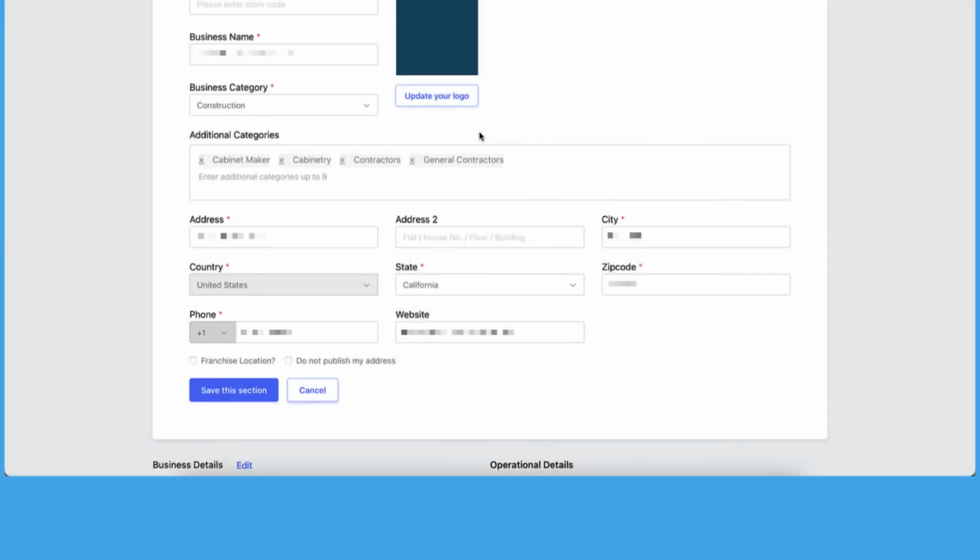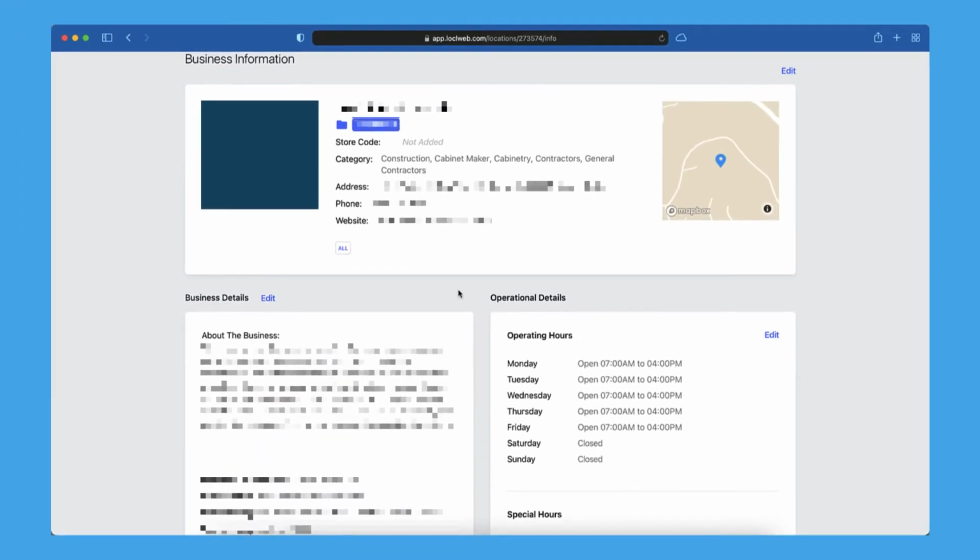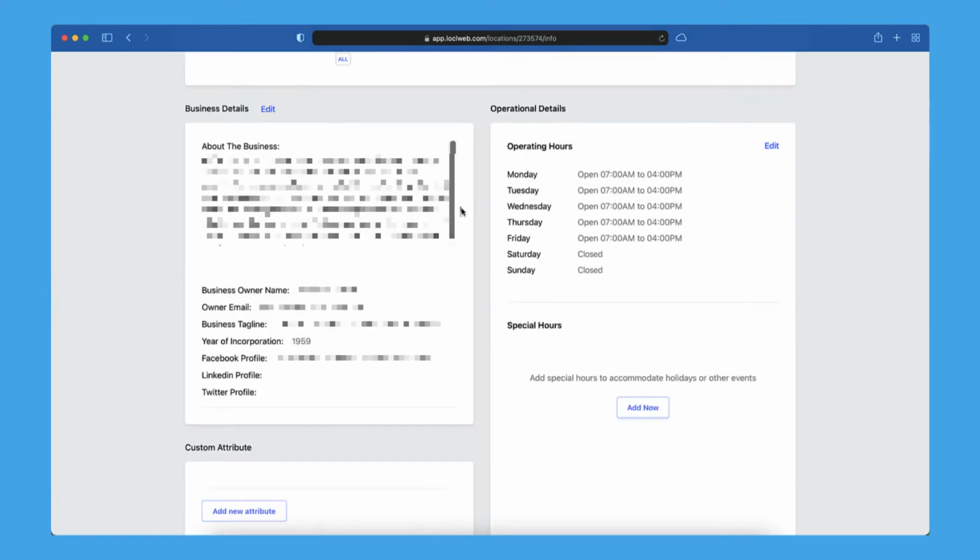So once you make all the changes you'd like, you just click Save Section, and it'll save all of this information. I'm going to cancel this because I did not make any updates. So when you update the address too, it's going to come up with a different image here. It's going to pull that from the location, so that'll update automatically. And many directory sites use things like about the business. Yelp uses that. Google My Business even uses a description, so it will put those in for you.